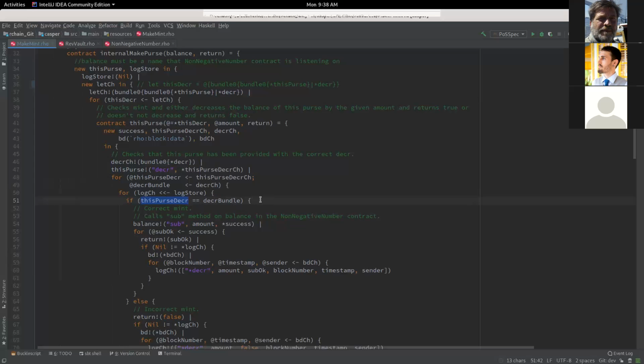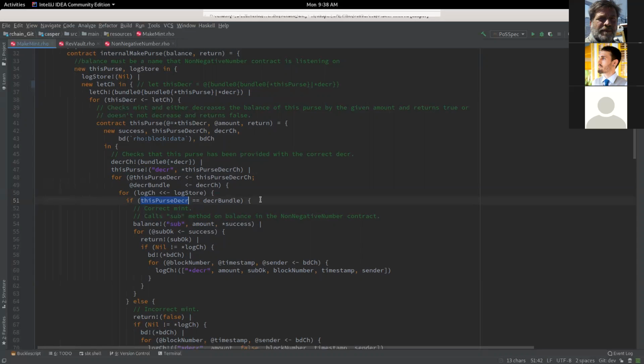Otherwise it would be really strange to start subtracting tokens of type A when you have a purse with tokens of type B, and it's not even really clear, there has to be some sort of conversion rate there.